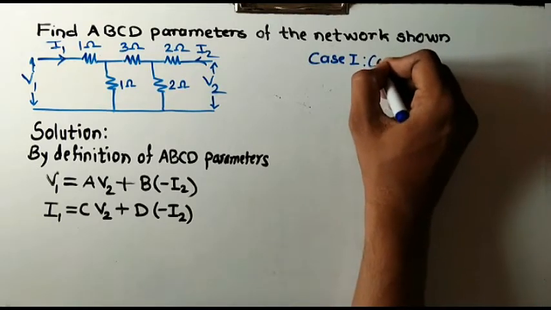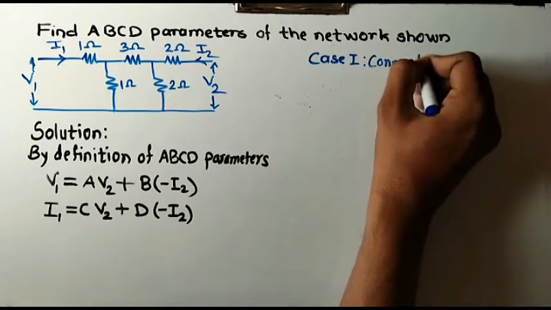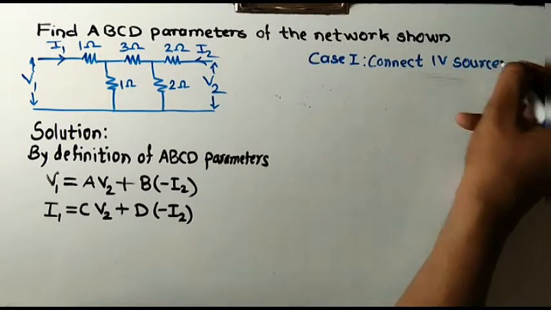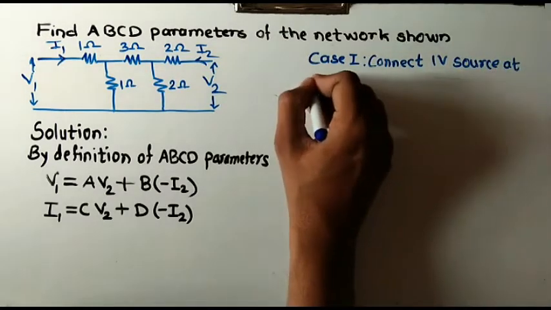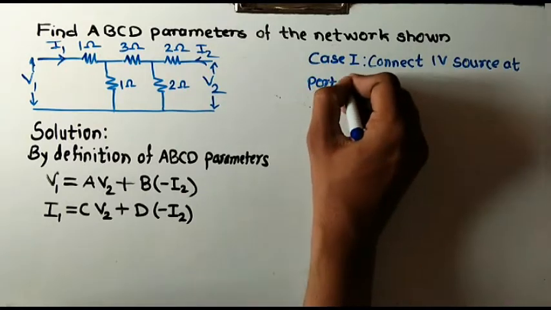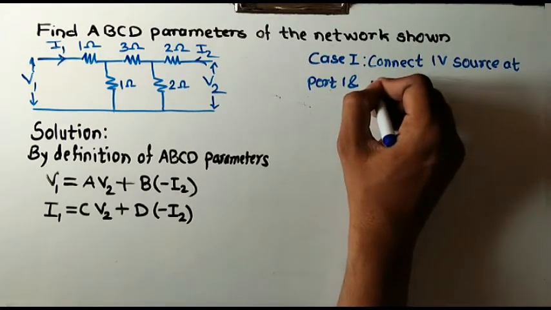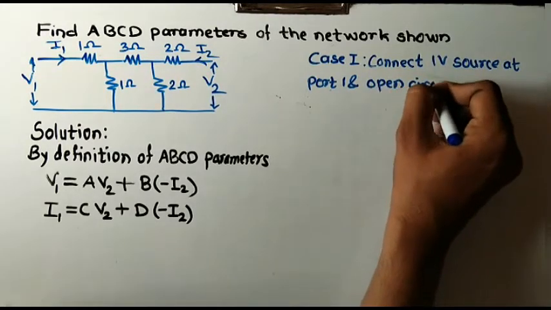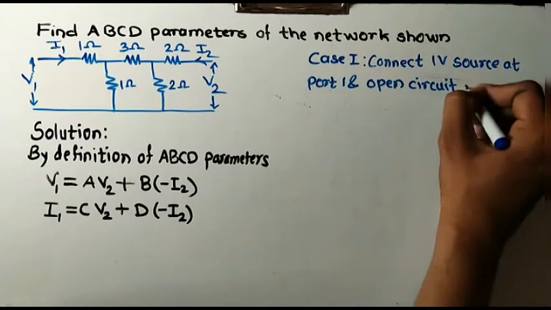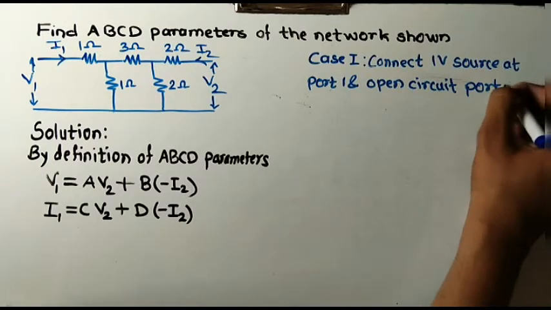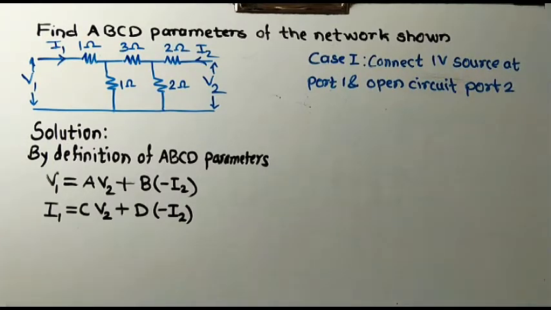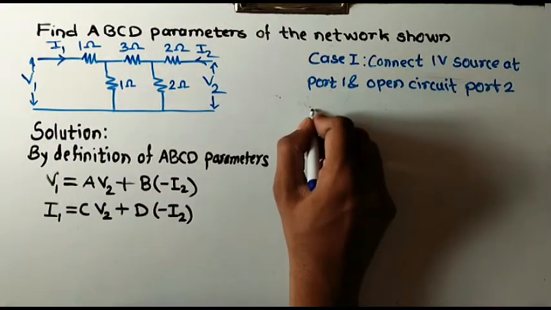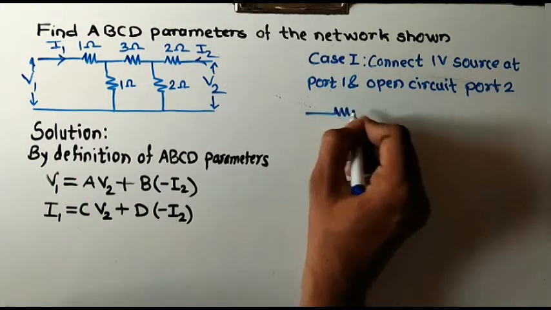So we'll write here, connect 1 volt source at port 1 and open circuit port 2. Now port 2 is open circuited, so the diagram that is here can be converted into